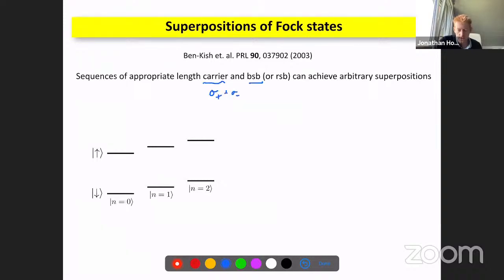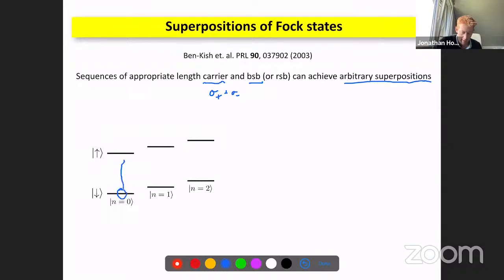We have the blue sideband that also acts on the motion. Then if we choose the lengths of these different pulses, sequences of these can actually be made to achieve arbitrary superpositions of the motional states. And just to give you an idea, one that's very commonly used is you start from the ground state and